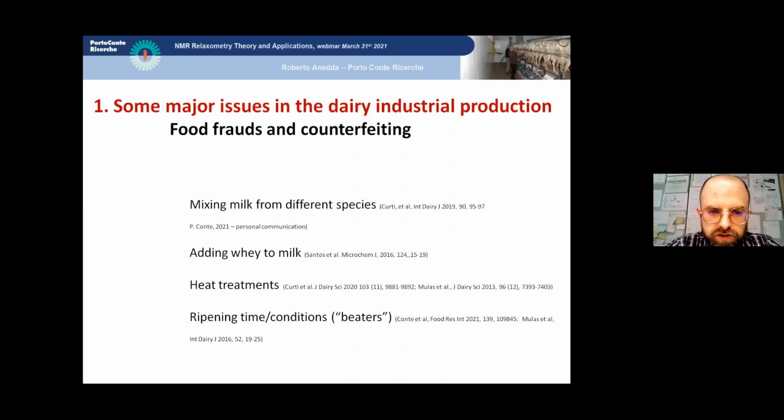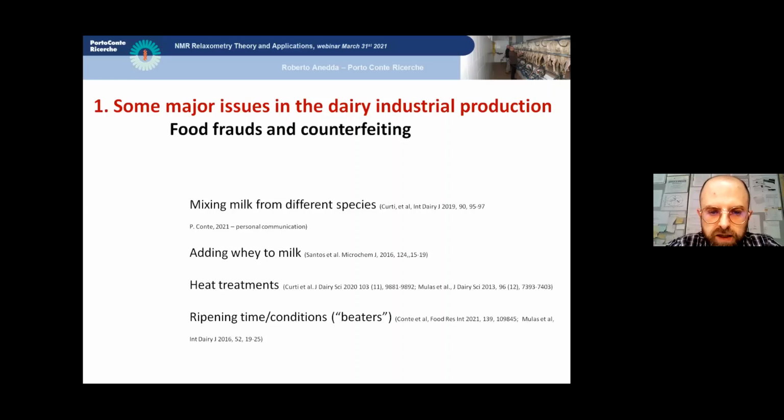Heat treatment application to milk is often a relevant step of the cheese making process, and it's also very important for milk directed to human nutrition, so milk that is not intended for being transformed to cheese. A problem arises when milk intended for the production of cheeses that, according to the cheese-making protocol, must be produced from raw milk is subjected to thermal treatments. So sometimes thermal treatments are abused in this sense.